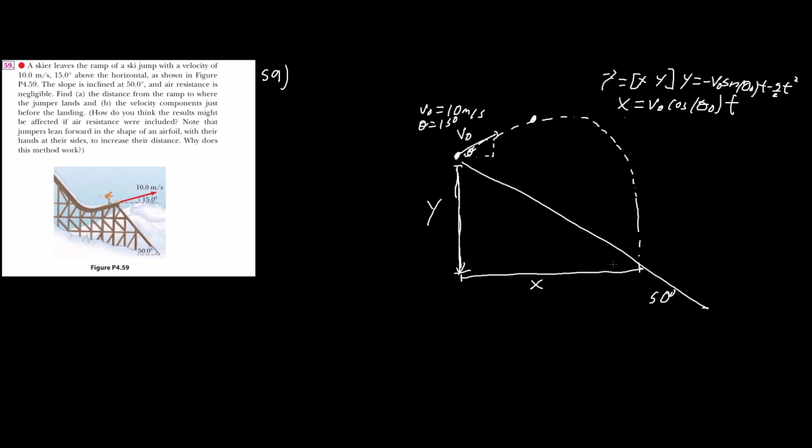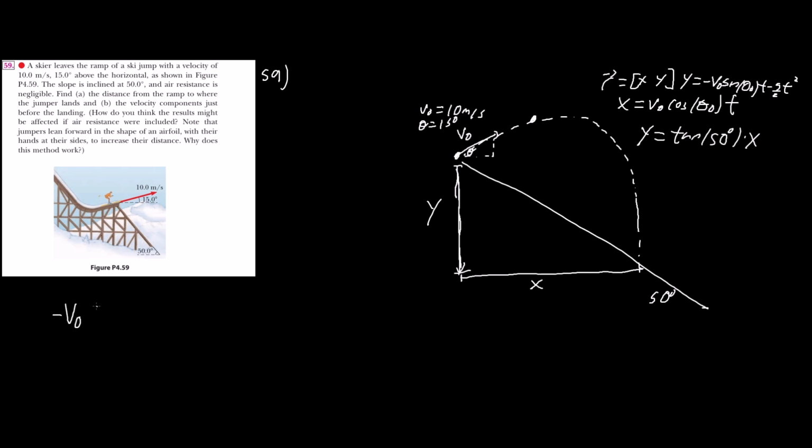Now, we're almost done, though. We don't know where it lands. All we're given is the angle. However, we can actually make the equation of a line. We can pretend this is 0, 0, the origin, and write y equals tangent of 50 degrees times x. So now we have your equations and unknowns. All we're going to do is take that equation,